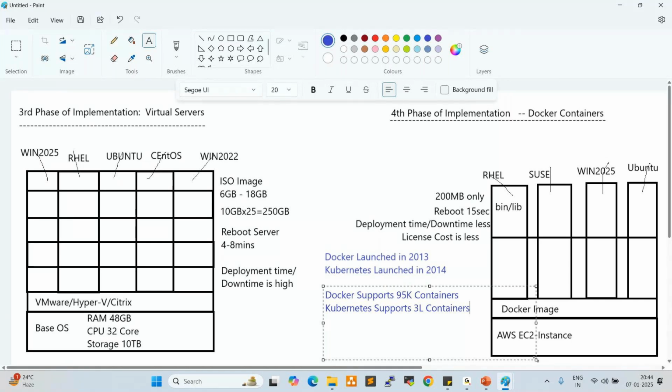Currently every project team is using it because everywhere we are using digital applications, like Amazon shopping site, Myntra, Meesho, Flipkart, right? Most of these digital applications, project teams host in Docker containers.